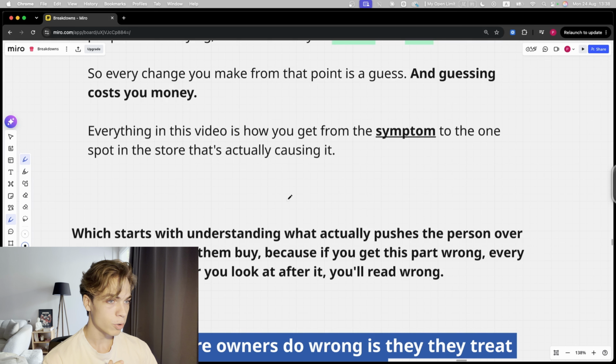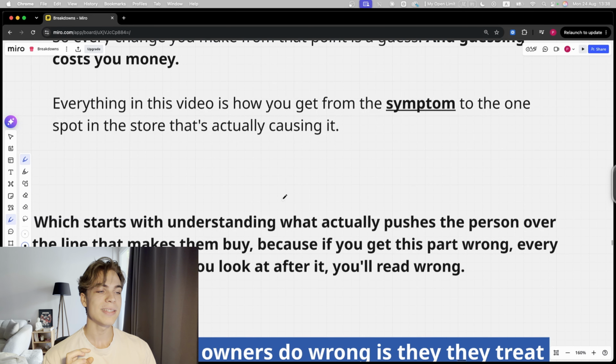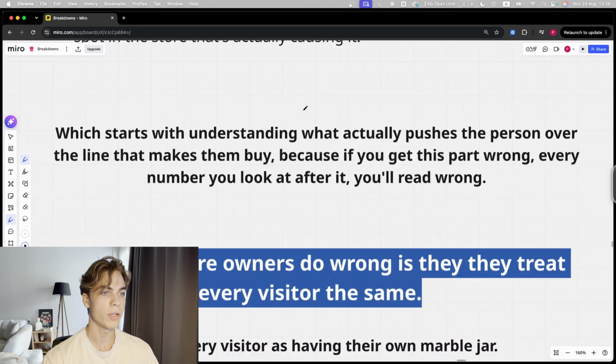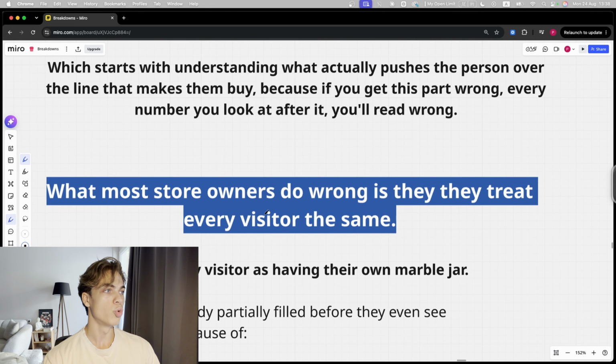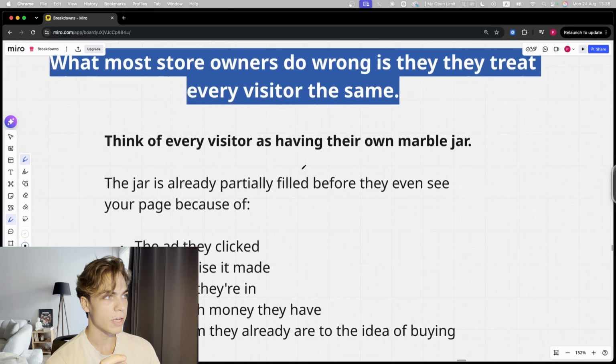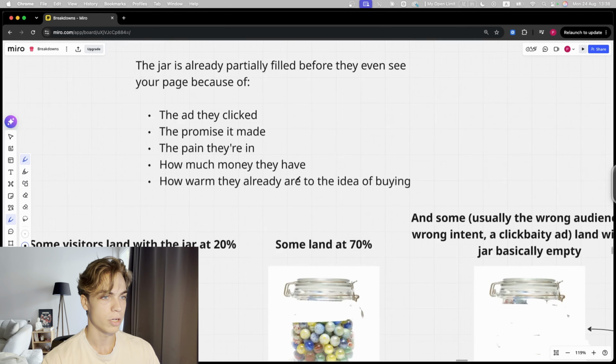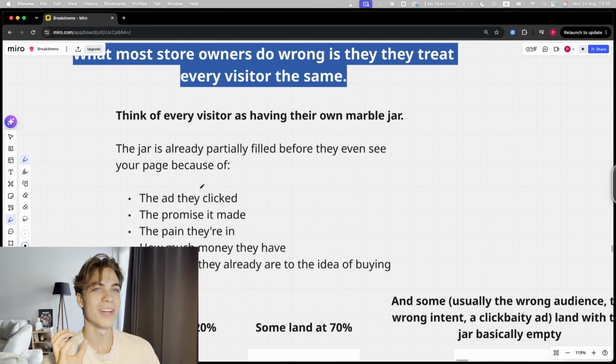Because if you get this part wrong, I'm telling you, every number that you look at after, you are going to read it wrong. So what does actually make the person want to buy from you, right? What most store owners do wrong is that they treat every single visitor the same. So think of every single visitor as having their own marble jar, okay? So the jar is basically partially filled before they even see your page. This is because of the ad that they clicked, the promise that the ad made, how much pain this person is in before clicking the ad,